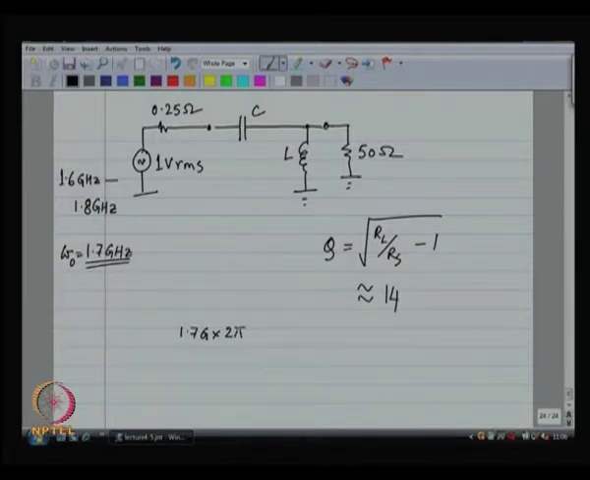So, omega naught times L. So, the resistance divided by omega naught times L is about 14. So, L is about 50 divided by 1.7 giga divided by 2 pi divided by 14. So, whatever that number is, that is your inductor value. If you have a calculator, this can be computed. I do not have one over here. Fine. So, you compute the value of L, that is the second step,